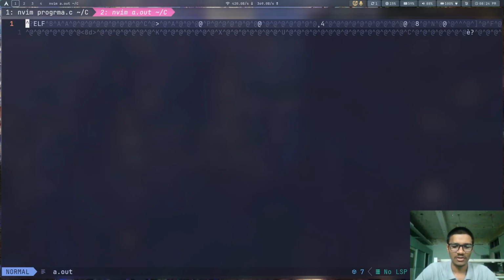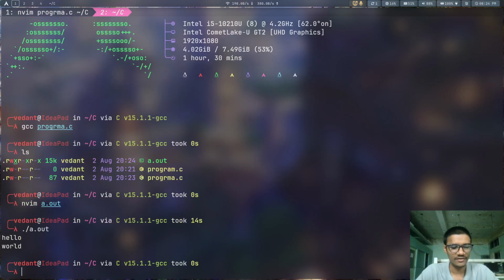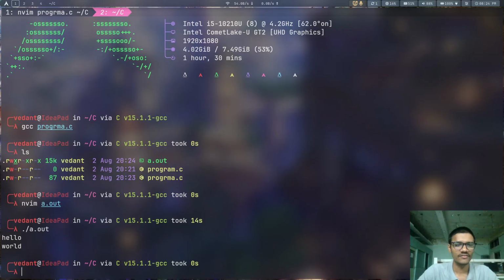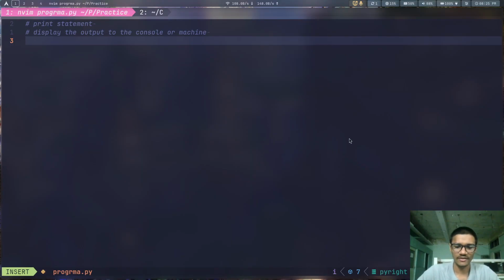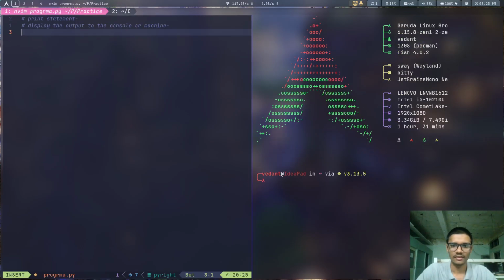So that's the thing. If we want to run this file, what we do is a.out. See, hello world. This is the code we had written, and this is the result we got, hello world. And if we compare the same thing, let me just exit this tab. Yeah, now it's better. Control Shift minus. Okay, this should do.